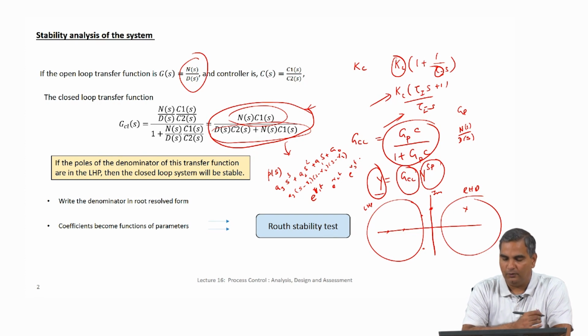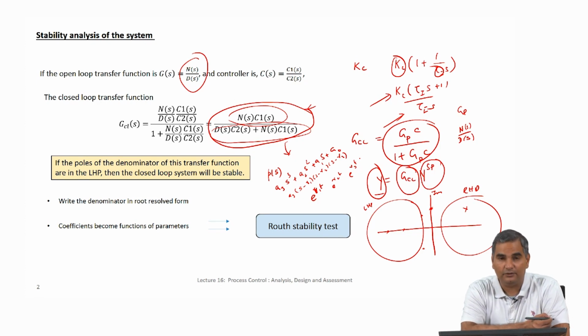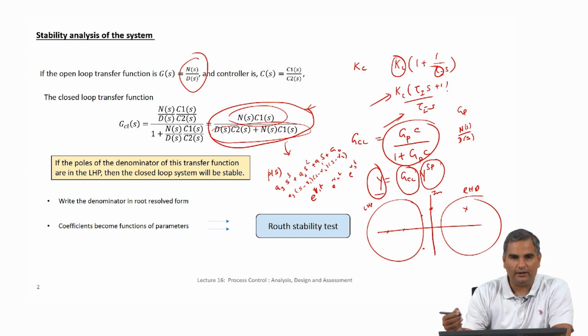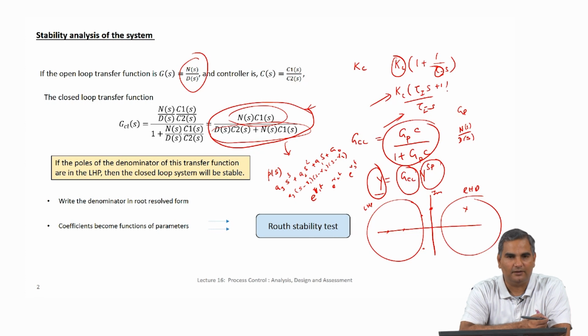It is a very simple computation to do. However, now if I ask you a slightly different question, I am not going to give you the values of k_c, tau_I and tau_d, because those are things that I need to find. I do not have values for this, and instead of doing this here, what we are saying is give me k_c, tau_I, tau_d, then I will tell you whether the system is stable or not by simply doing this root finding.